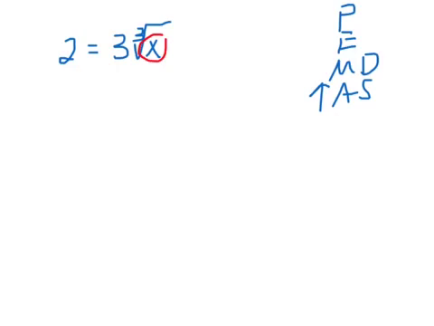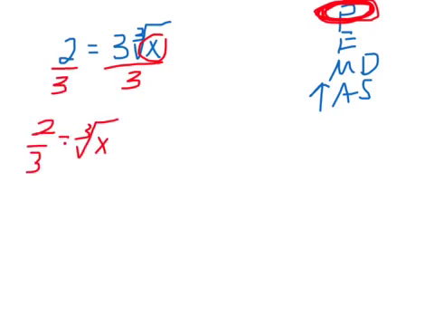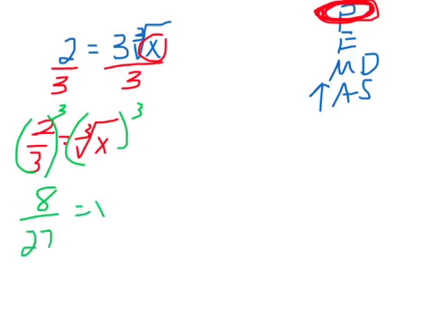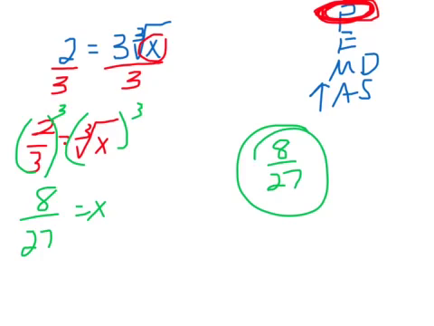How am I going to get the x by itself? Yeah, except before I go cubing it, it's kind of under a grouping symbol, so that's kind of like, P really stands for any kind of grouping symbol. Let's get rid of that 3 first, just so it's a little easier. So divide it. 2/3 is equal to the cube root of x. And now let me cube both sides to get that x by itself. 8 over 27. Yep, 2 over 3 cubed, remember it's the whole thing, so I should put that in parentheses. 8 over 27 is x. At x equal 8 over 27, that's my answer. That's where the average rate of change is occurring in this function between the 2 points that they gave me. To find